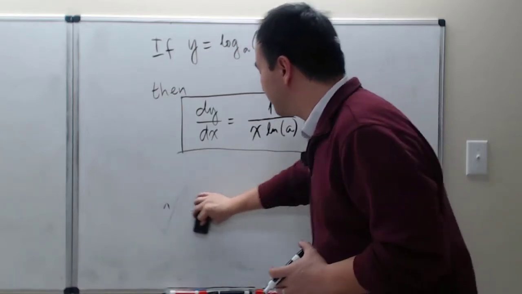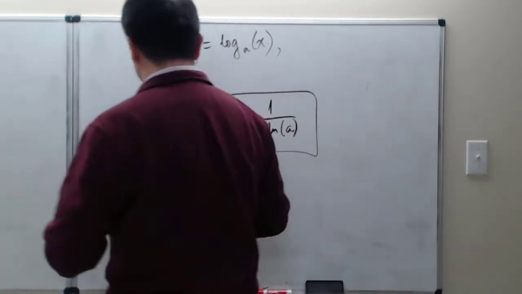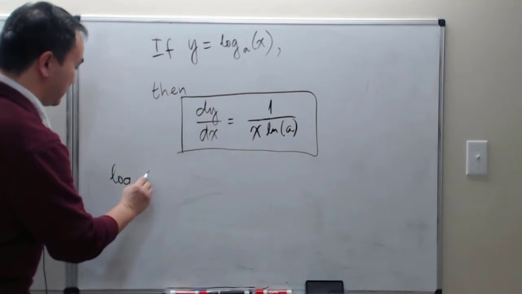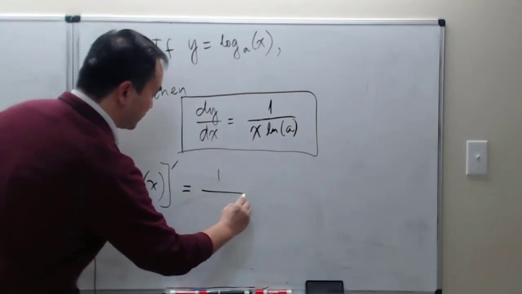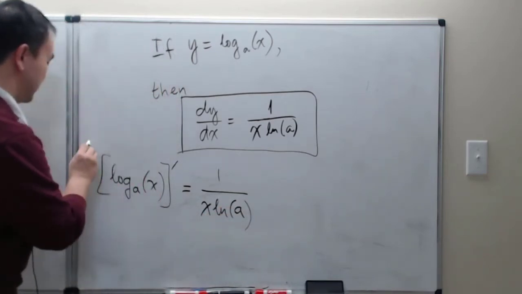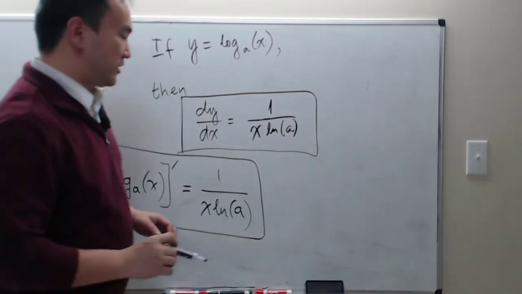Now for the general, a shorter version of this general logarithm formula is that when you're looking at log base a of x, taking the derivative gives me 1 over x times the natural log of a. That's another way of writing your formula to understand. Or we can also have,